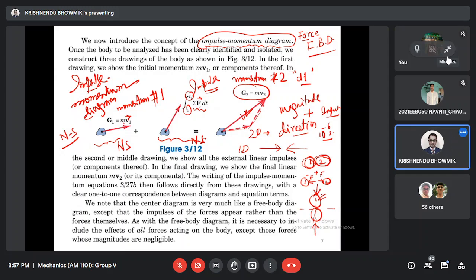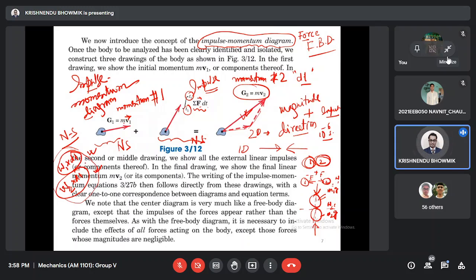Then it has some center point, say M1g, and another center point M2g, or maybe W1, this is W2. Then this W1 multiplied by dt will be another impulse. Here W2 multiplied by dt is also another impulse, but we can sometimes neglect this impact when the force exerted due to the impact between two bodies is very high compared to the weight of the two bodies. So we can neglect this